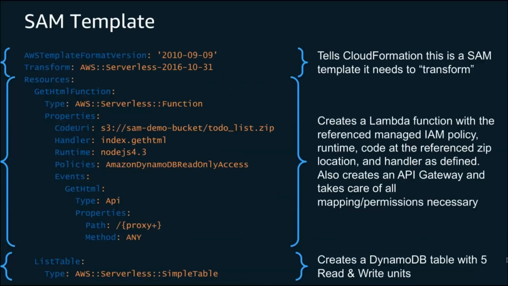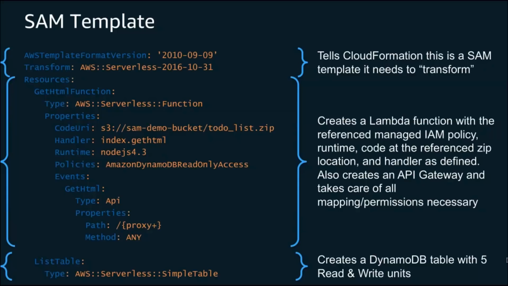So we see the template format version, and then we see the second line here, which is a transform. This is actually kind of the most key part about the headers for a CloudFormation template with SAM. A transform tells the CloudFormation service that this is something special that you need to look at, that you're going to look at the resources in this template and potentially treat them differently. Inside of SAM today, we have three special resources that get treated differently: serverless function, serverless API, and simple table. We'll talk a little bit more about all of those here today as well.